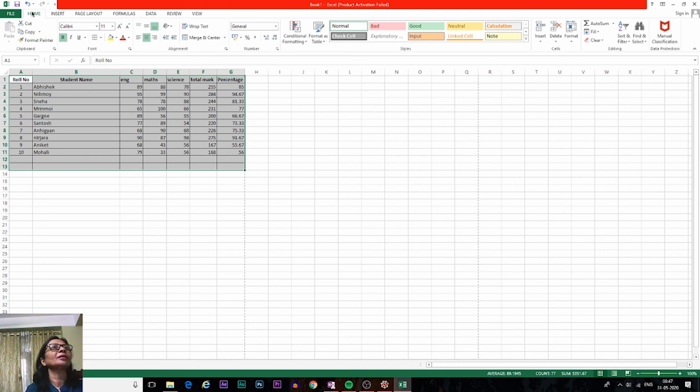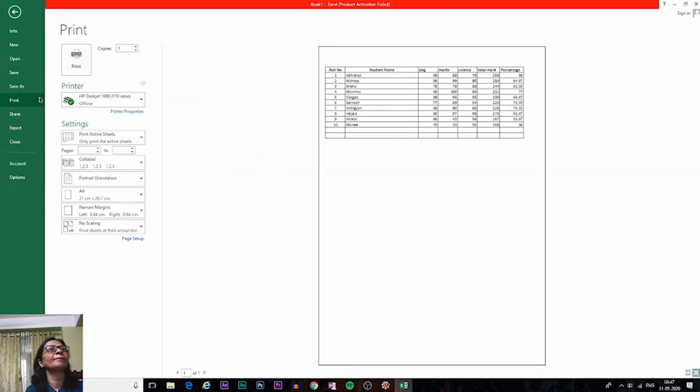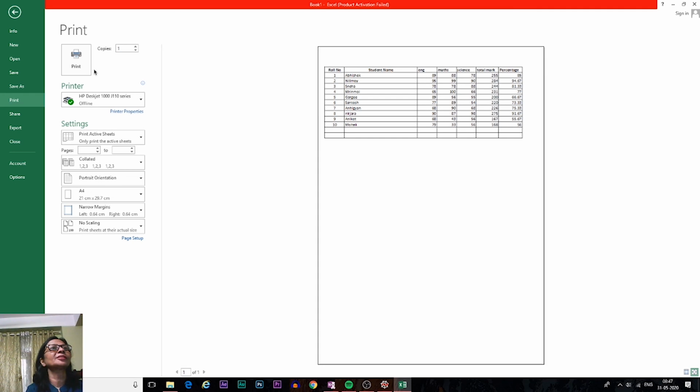After that, in the home screen the print option is there. When you click on print, you will see this icon, that is the print option. Copies is here, 1 copy. Printer you have to select here, by default it is the HP DeskJet 1000 because my printer is this one.